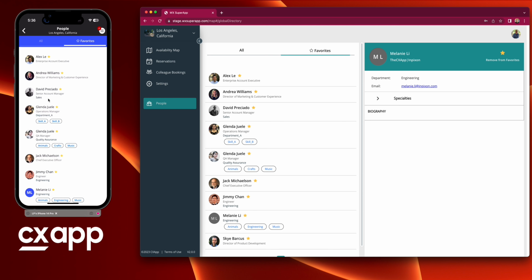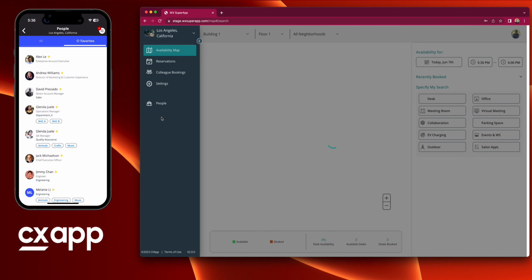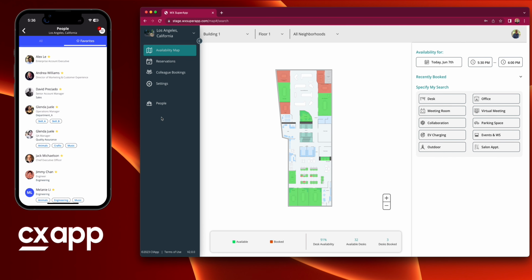So again, a cloud-based system that grows across the board and allows you to see real-time information and allows you to book all your meeting rooms, all your desks, or any other type of space booking and have everything fully synchronized. So hopefully that gave you guys a lot of input and a lot of idea on our core features